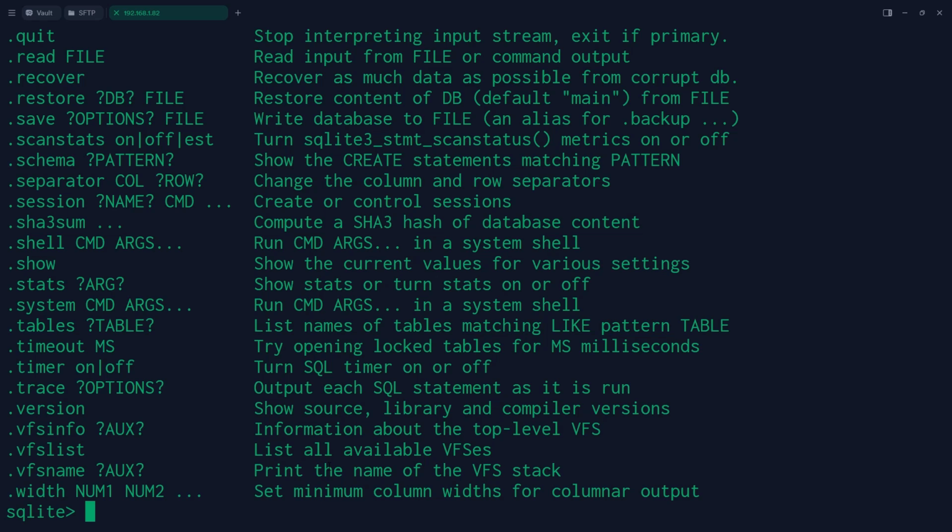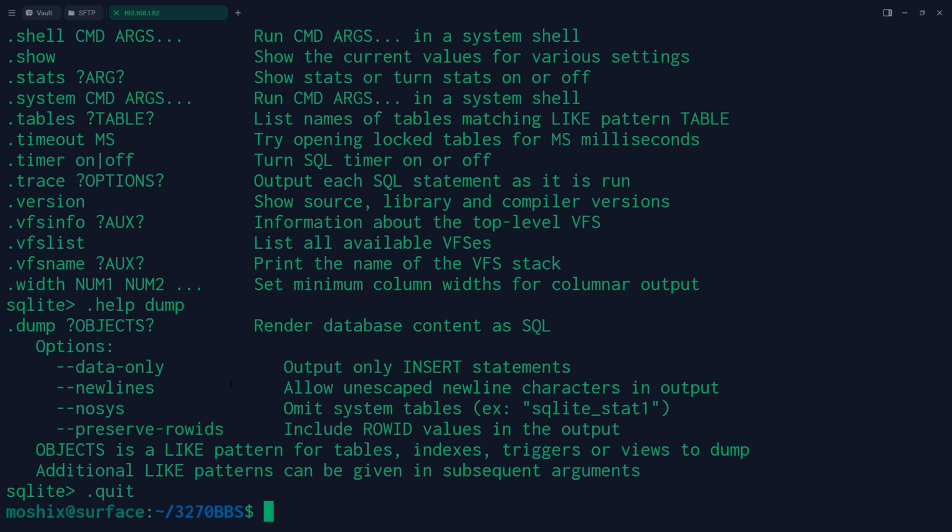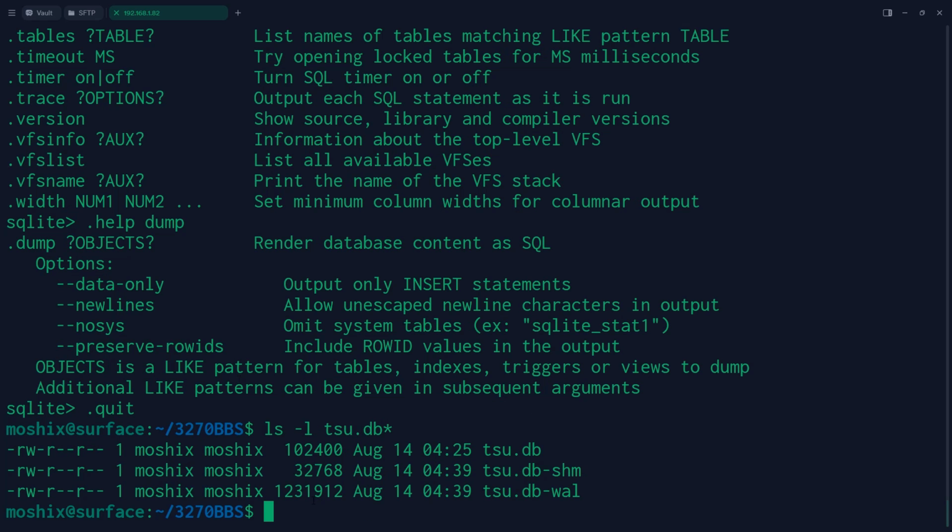All the commands are here, and you can see here, data only, new lines, no sys. So just run this command and then dump it into a text file, and then you will always be able to recreate it within a split second. As you can see, this is extremely small. Right now it's only 10 kilobytes,